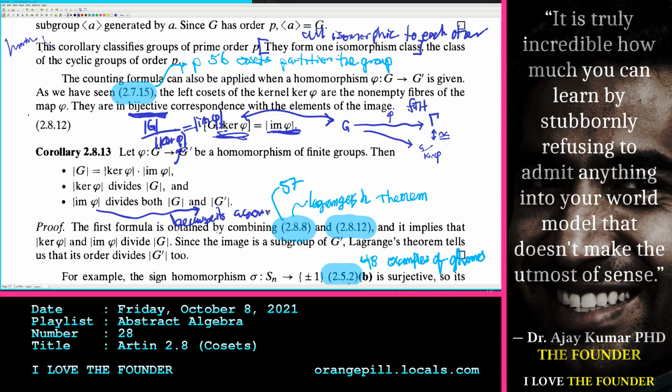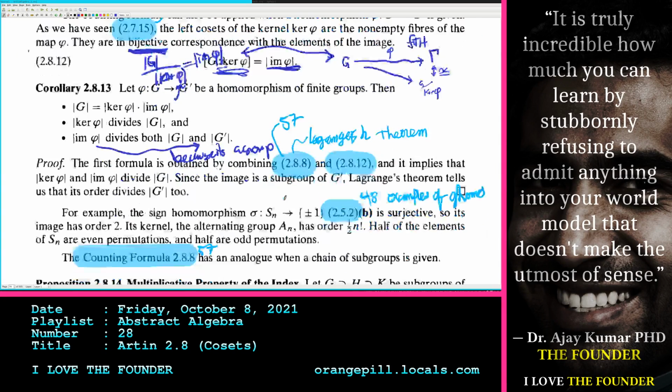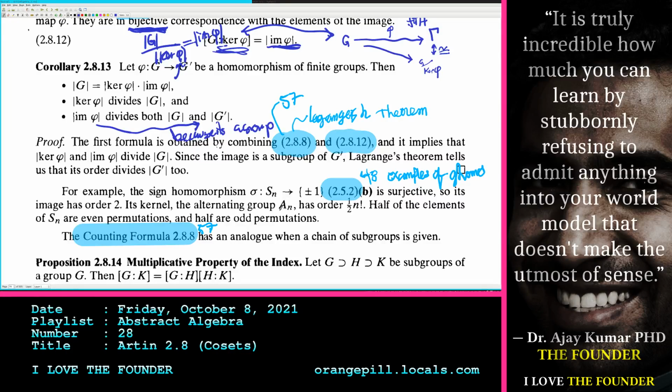I don't even need to read the proof, but let's just scan the proof very quickly. Since the image is a subgroup. Anyway,